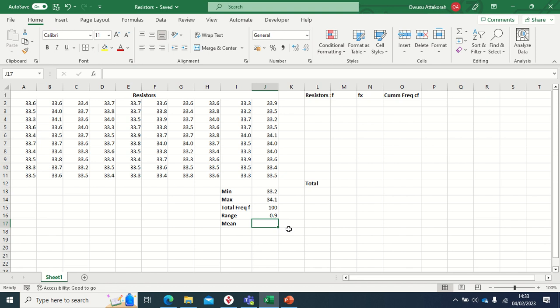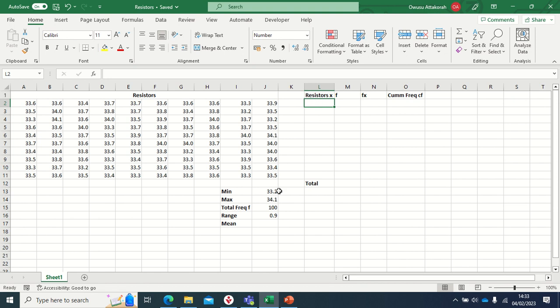and we need to find something that represents this range, or represents all the data between 33.2 to 34.1. So here I'm going to put this range that is from 33.2 to 34.1. So what I'm going to do is, I'll start here and just type and put 33.2,